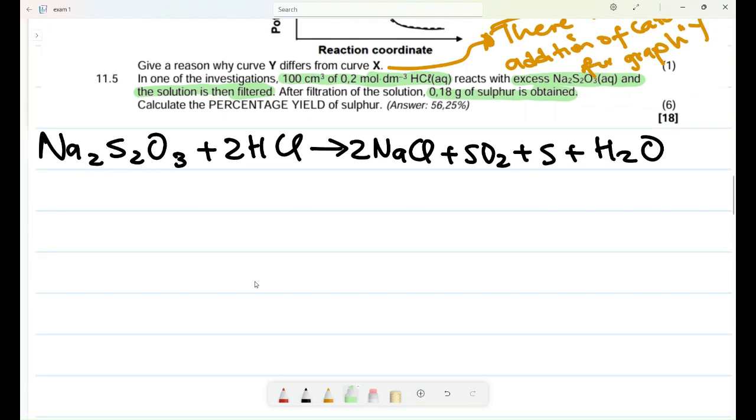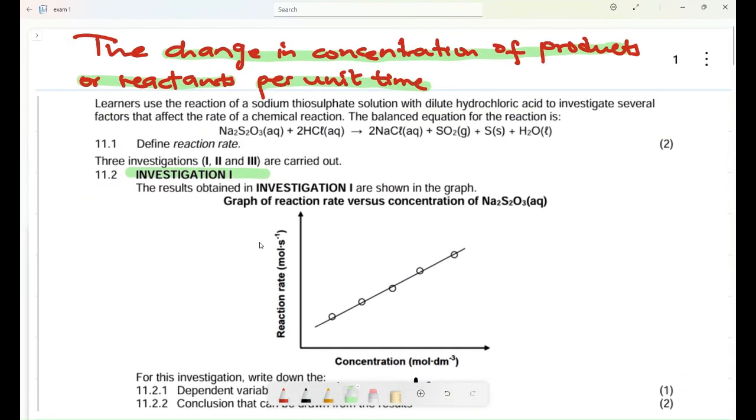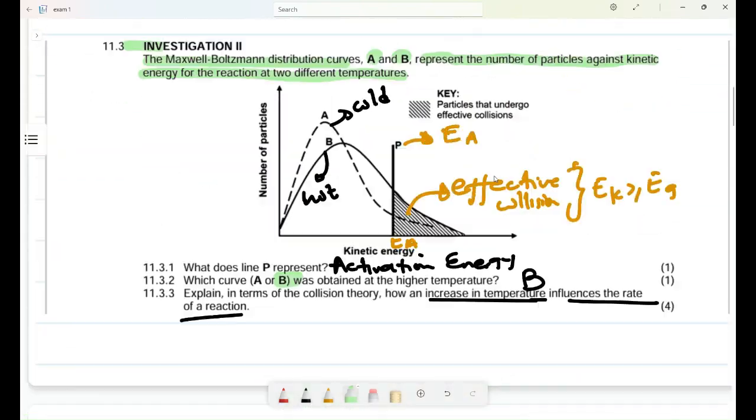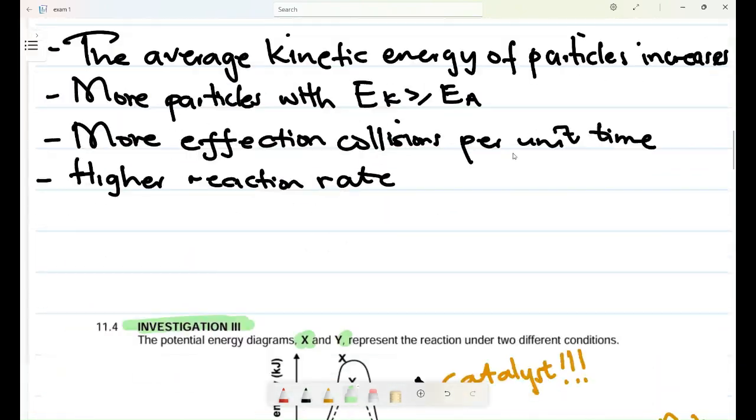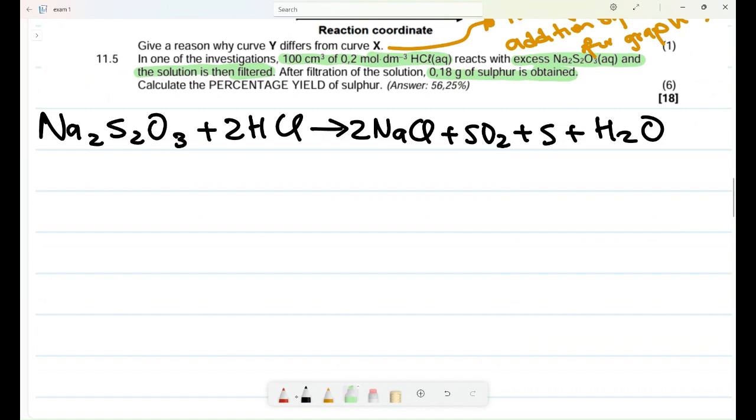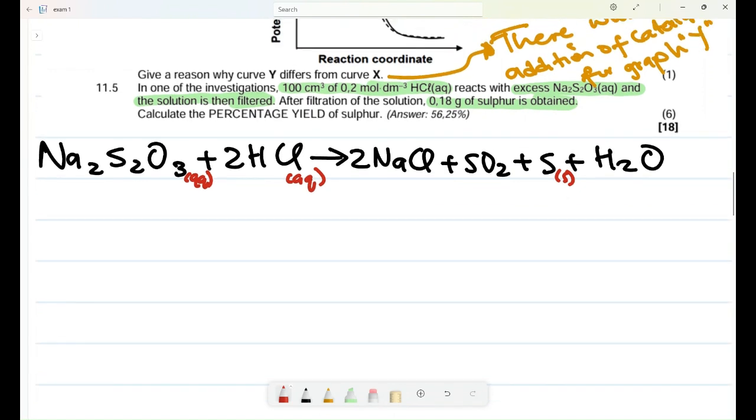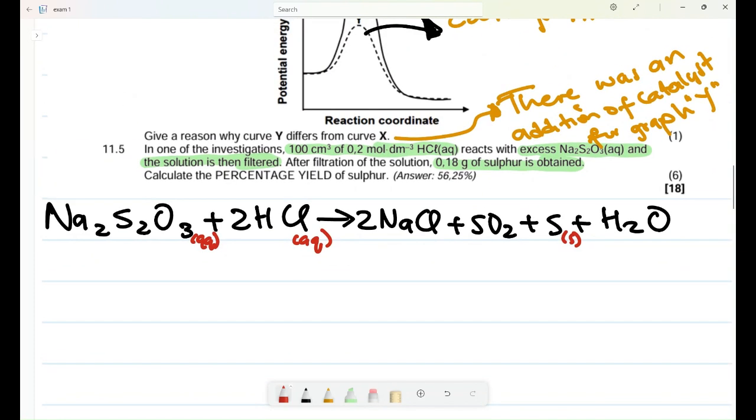I forgot to include the phases. Sulfur is a solid, since we are using sulfur. This is solid, and this is aqueous, this is aqueous. So as they were filtering, the sulfur particles were the ones that were filtered. So it means they obtained this much. This is what we call the